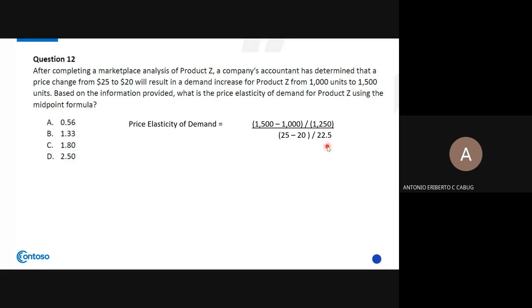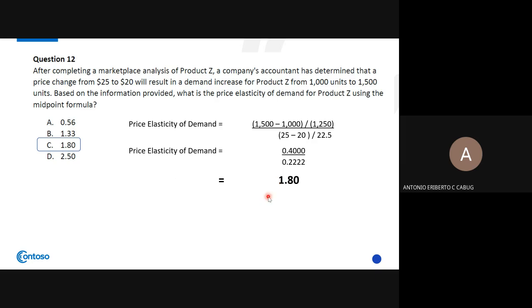Hindi na maganda yun, no? Hindi na consistent yung sagot natin. So we use the midpoint formula, take the average between this and this. So the correct answer is 0.4 over 0.22222. Actually, negative yung nasa numerator, pero kunin nyo lang yung absolute value. Okay? So the correct answer is